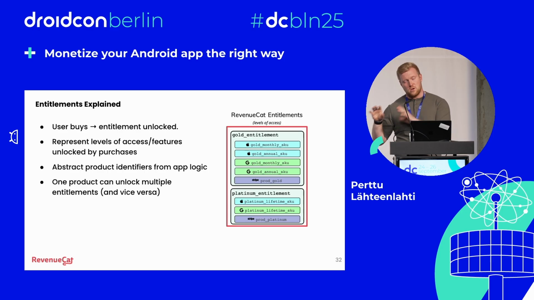The reason why you want to use the entitlements instead of, for example, directly tying whatever the user is buying to the product itself. So say that you had a monthly subscription to Pro, and you have set that in Google Play console, and you check if the user has bought that exact package. What happens if you now want to add a yearly package? Now you have to make a code change in order to support the yearly package as well. But if you're using the entitlements with RevenueCat, you just define that we have a pro